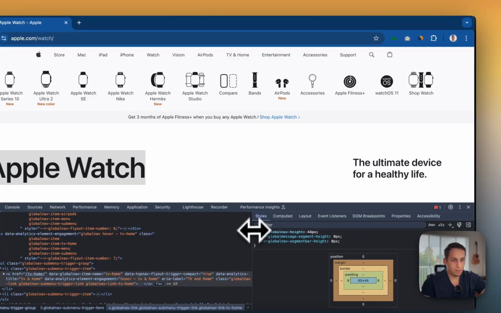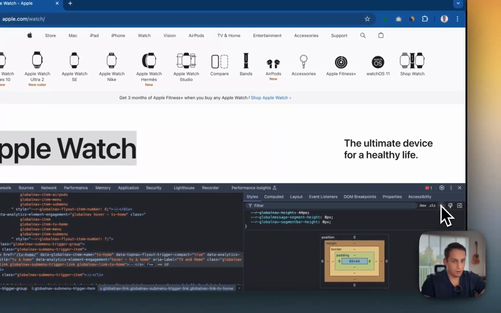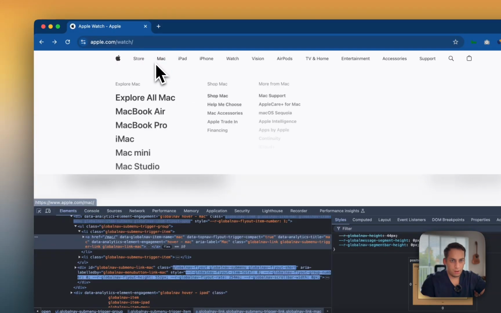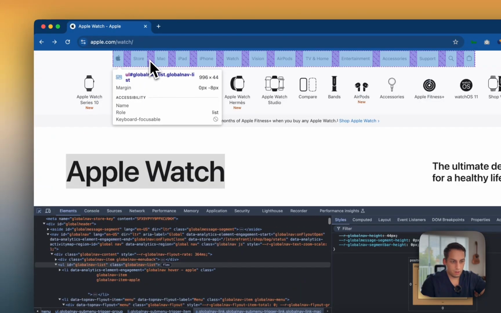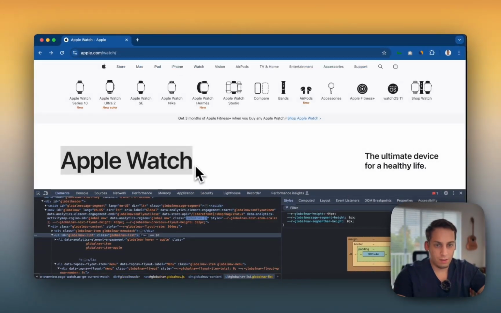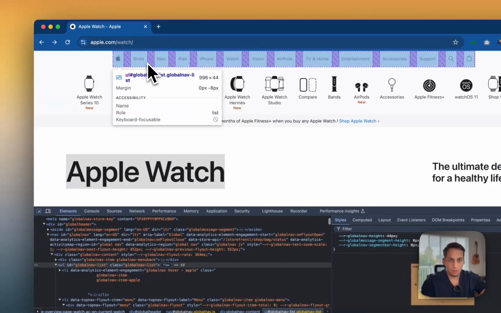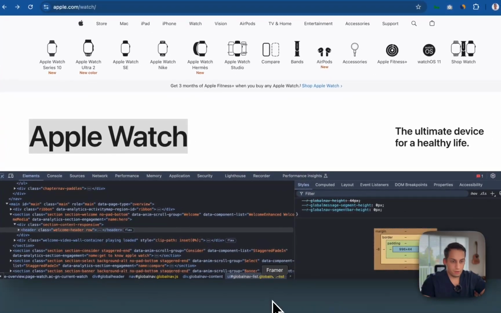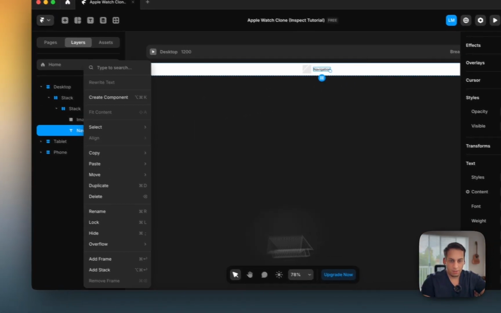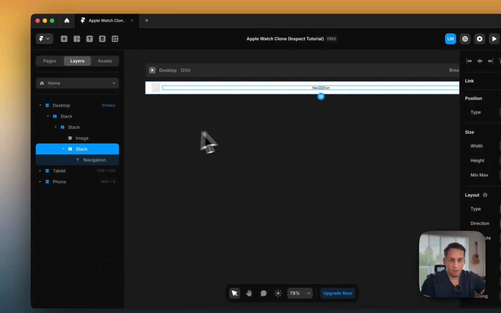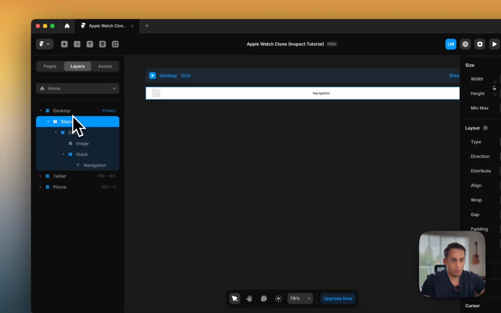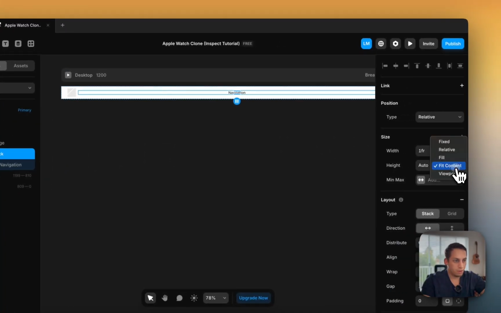So I can go like this, and I can hover over this certain section. It says 8, so it's like 16, 8. I think we just have to eyeball it. So basically we can go here, and we need to make another stack because it's inside of another stack. And this stack actually has to be filled. This one has to be filled